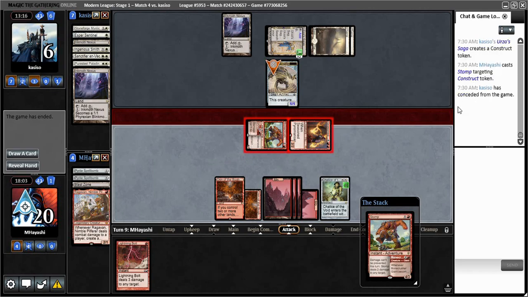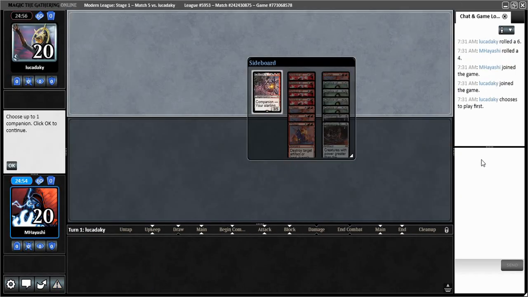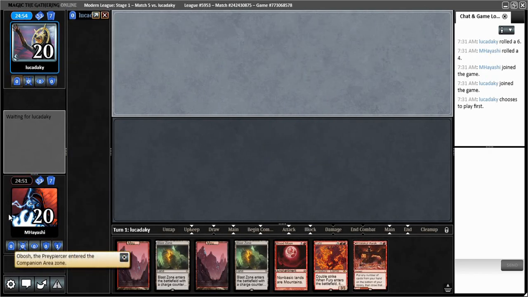Alrighty, taking it down against Hammer Time. Taking it down to Hammertown. Alright, match 5. Well, we're not playing for a trophy, but we are playing for a solid 4-1. So far, comparing Valakut to...